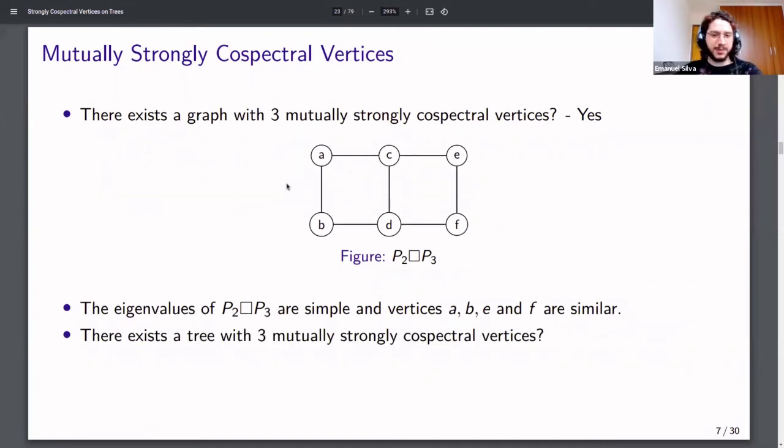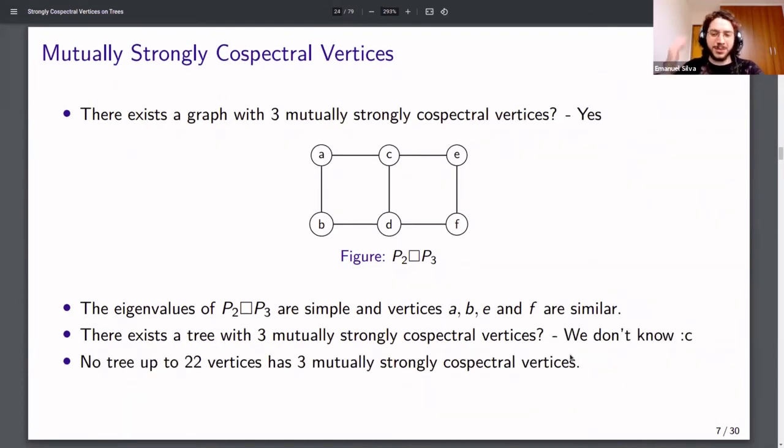But now maybe we can think about finding this triple in other classes of graphs. So the question here is whether there exists a tree containing three mutually strongly cospectral vertices. And in this case, the answer is we don't know. I actually ran an algorithm, and no tree up to 22 vertices has this structure, this triple of vertices. But maybe